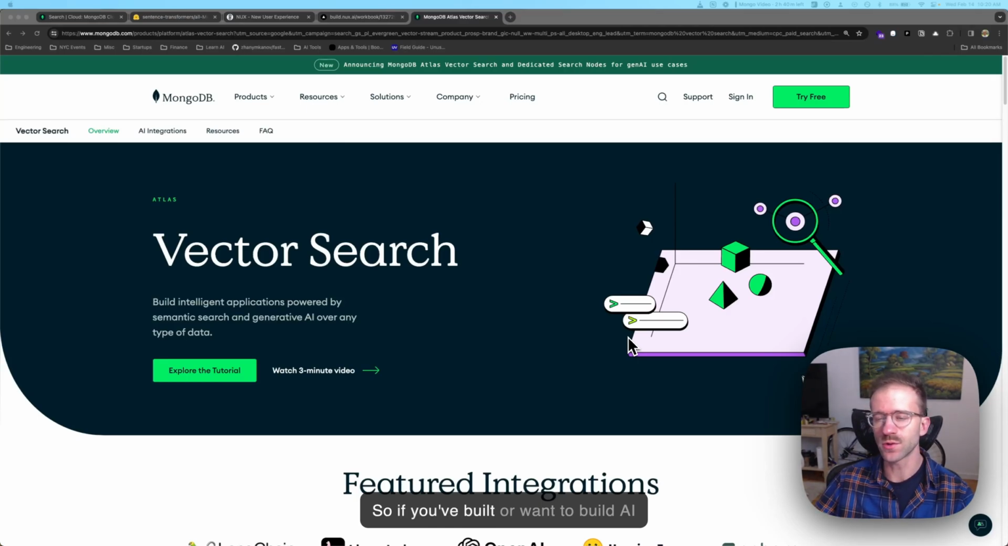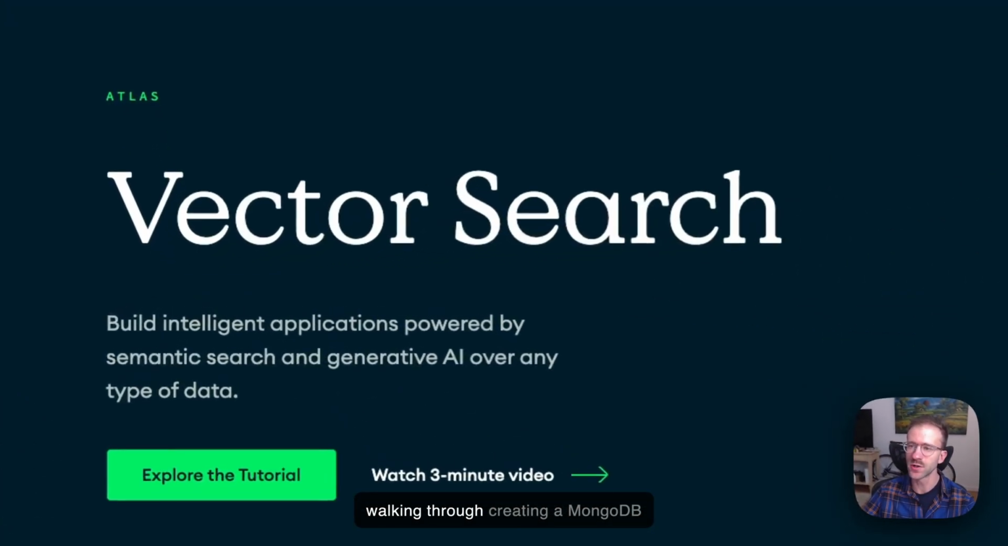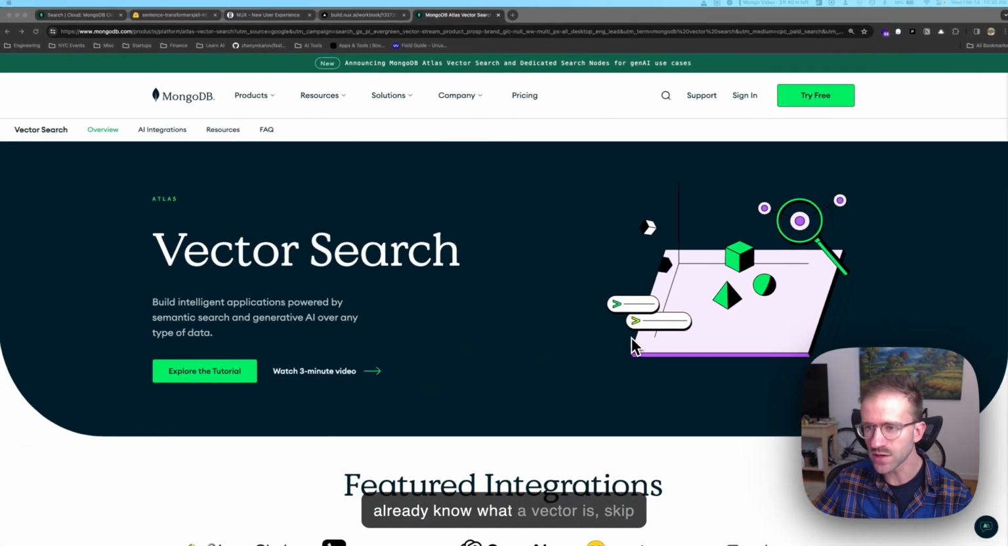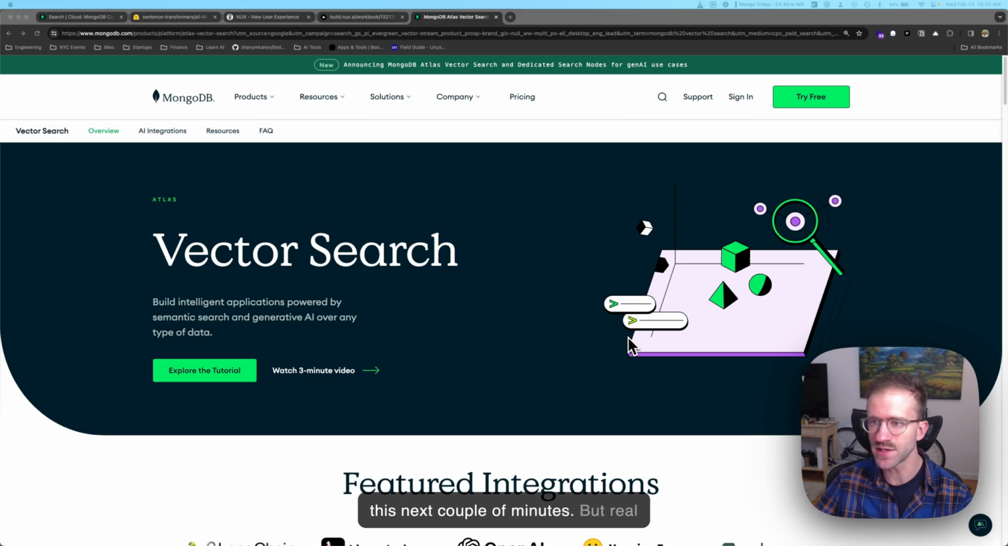So if you've built or want to build AI applications, chances are you're familiar with vectors. And if not, this is the video for you. In this tutorial, we'll be walking through creating a MongoDB vector search index, indexing data, building a pipeline, and integrating it into your application. Now, if you already know what a vector is, skip this next couple of minutes, but